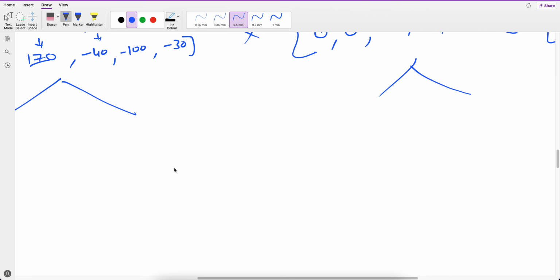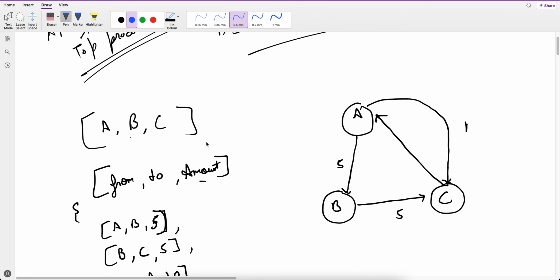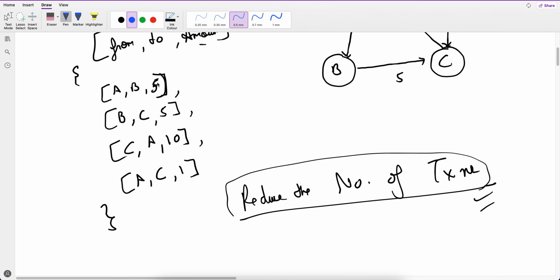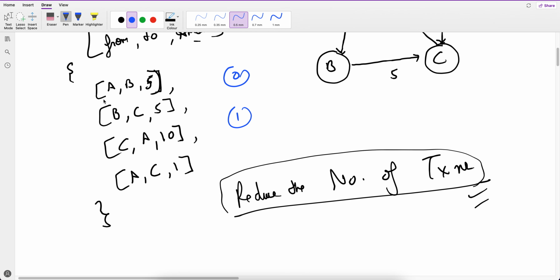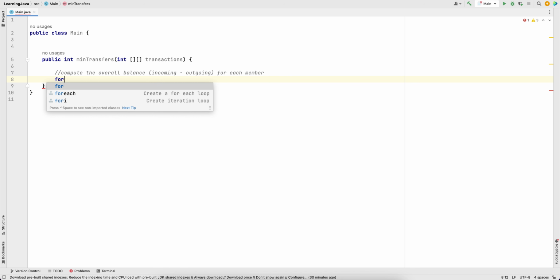So what is the input? Input would be a 2D array like this. Now let's say in this case 0 1 2. Just assume A, B, C is 0, 1, 2, right? So now let's do the coding for this one. So this is my array. What I'm currently trying to do is compute the overall balance, incoming minus outgoing, for each member, right? So here what I am doing is